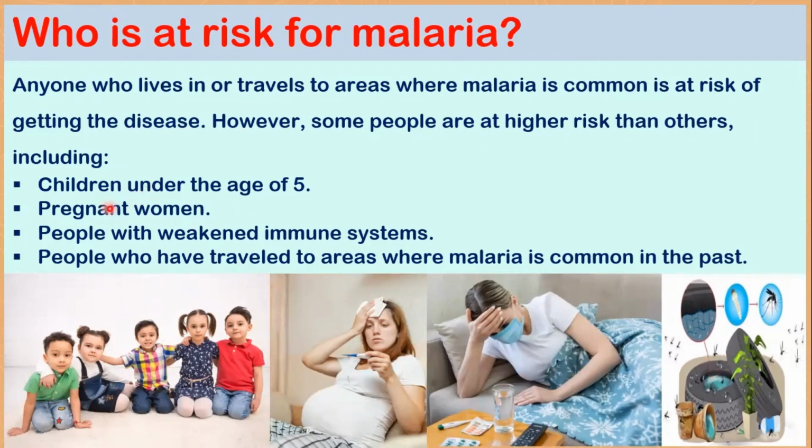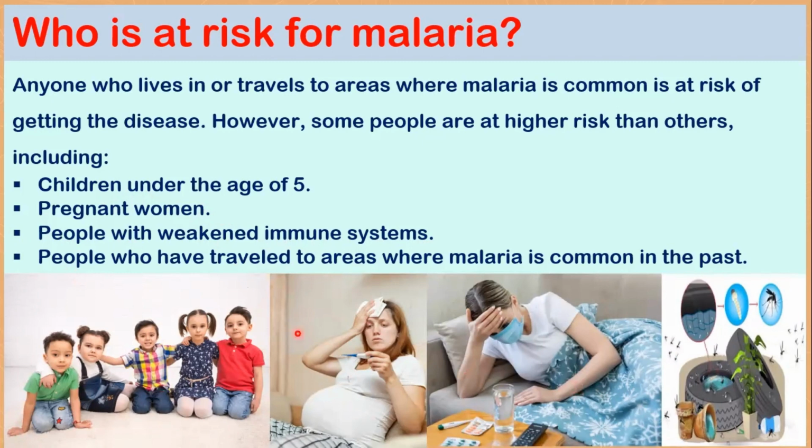The second one is pregnant women. Pregnant women are also more likely to get malaria because their immune systems are weakened during pregnancy. The third one is people with a weakened immune system. People with a weakened immune system, such as people with HIV, AIDS, or cancer, are also more likely